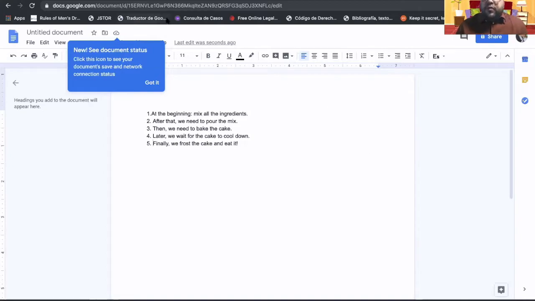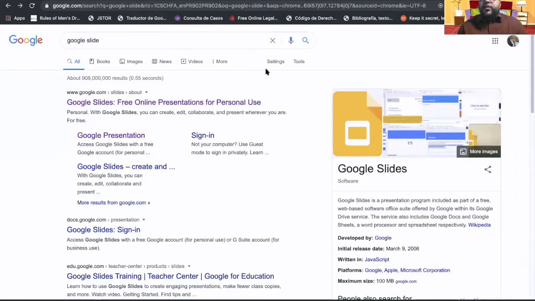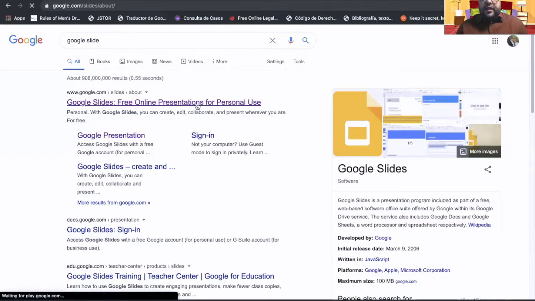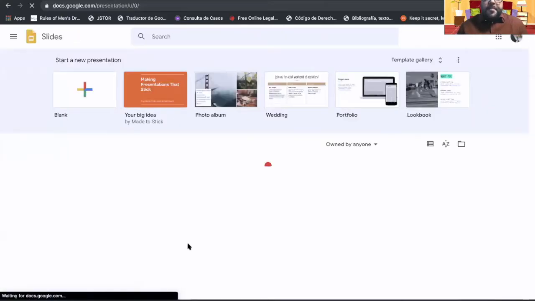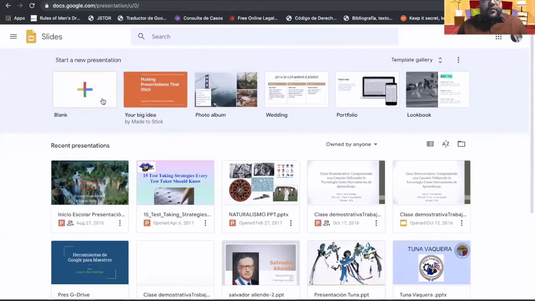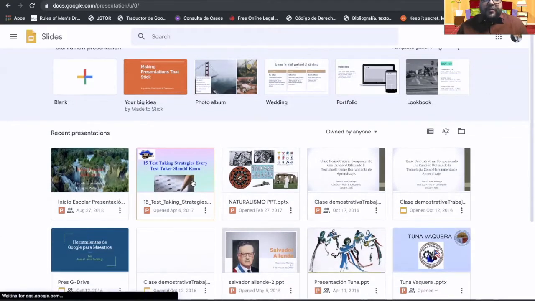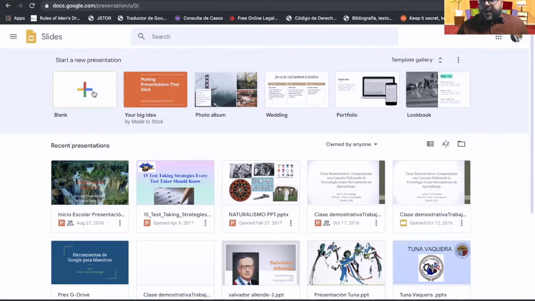We're going to use Google Slides in order to create our presentations, as I told you before. But before we create our presentations, let's go to Google Slides, and I'm going to show you how to create a presentation using Google Slides. It's not that difficult. We go to Google Slides, okay? And we need to create a new presentation. So we start with blank. There's also a lot of other presets we can use, but let's build a brand new presentation, shall we? So we hit the blank button,